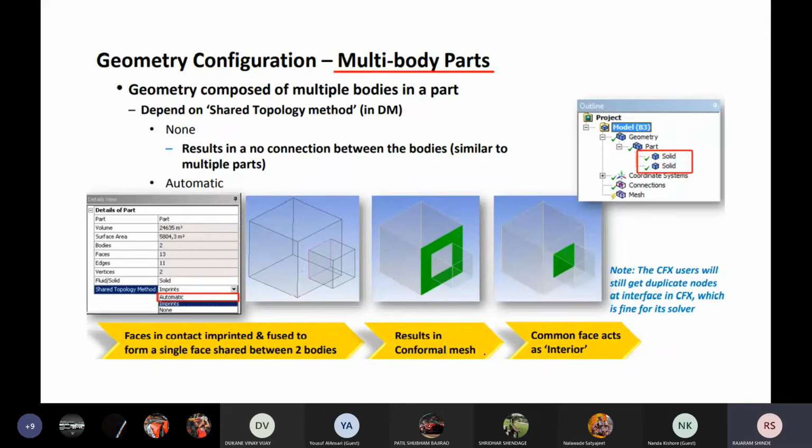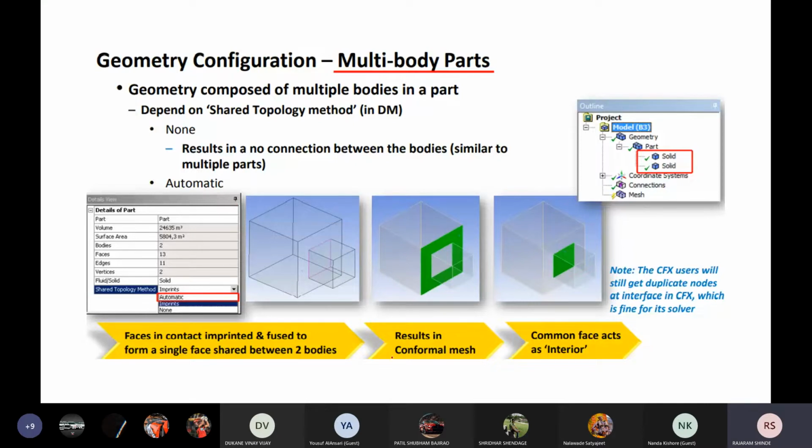If you have shared topology none, then you will get no connection between the two bodies, similar to multiple parts. And if we select automatic, then faces in contact are imprinted and fused to form a single face shared between two bodies, and that will result in a conformal mesh.